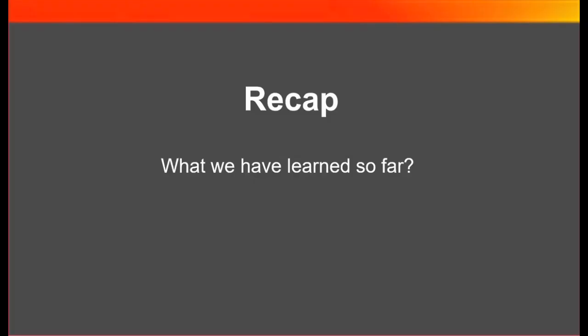Okay, so let's have a recap now and think about what we've learned so far, right? So we looked at those characteristics of C++. If someone were to ask you now about C++, you'd be able to at least give them a description about what makes C++ unique and some of its main benefits.